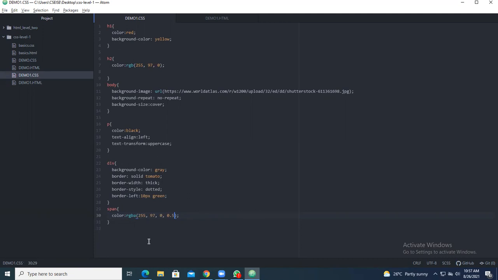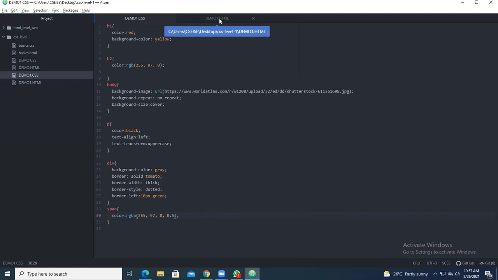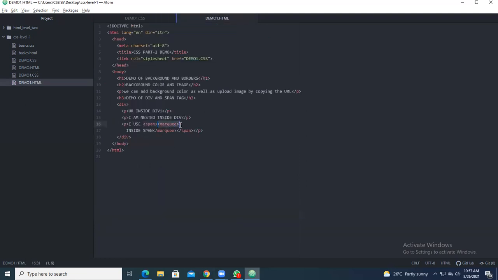Okay, so save this content, see the span what I have given. So go for the span contents. So this is where I am inside span, this is the content I am getting. And this is the color you are getting. So remove this particular marquee tag. Okay, it is moving here and there. So give the entire contents like this. Okay. So now you see the contents. I am inside span. So inside span, I am getting like this.